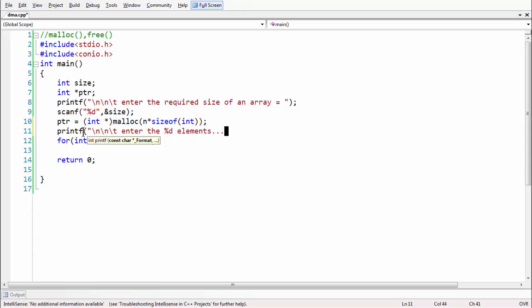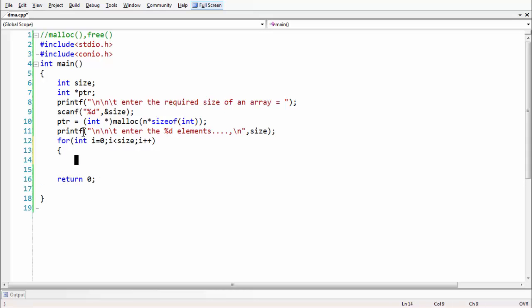All these messages are just for understanding purposes. So percentage d, size elements of this much size.